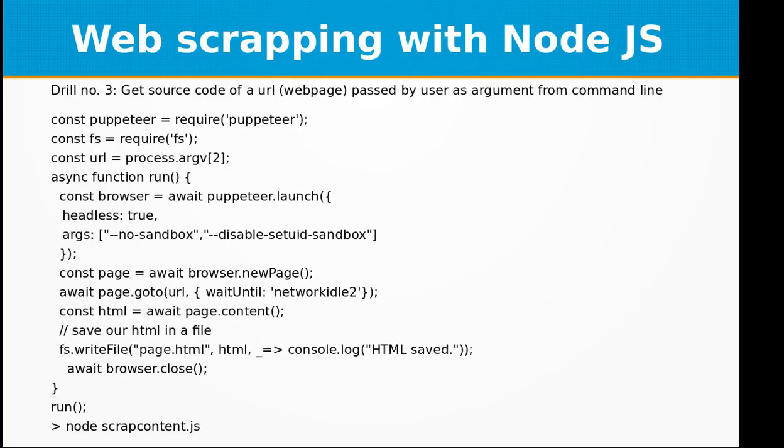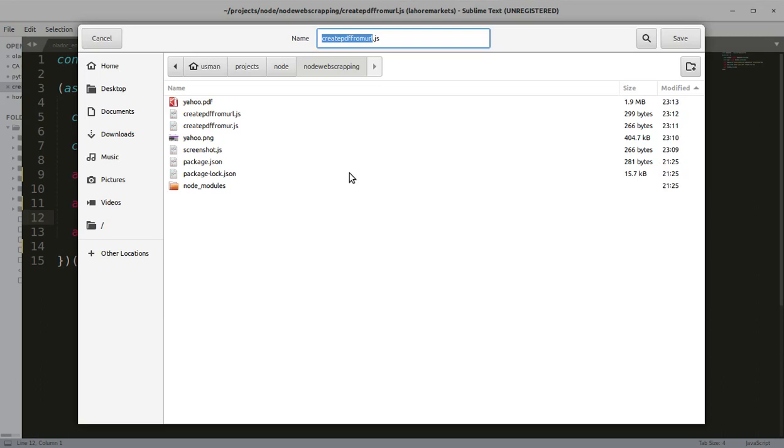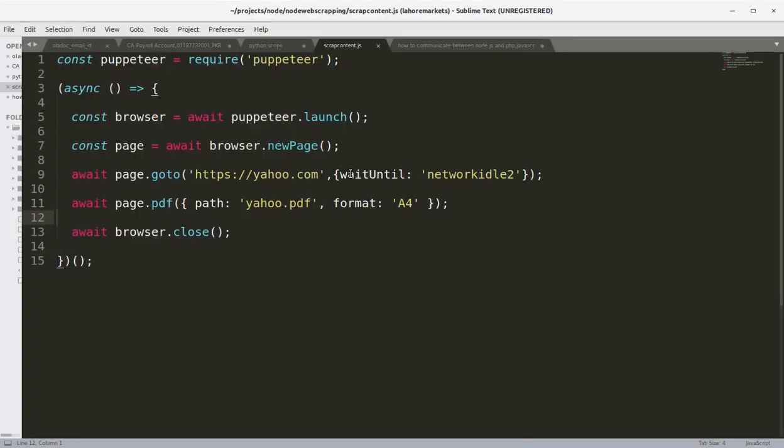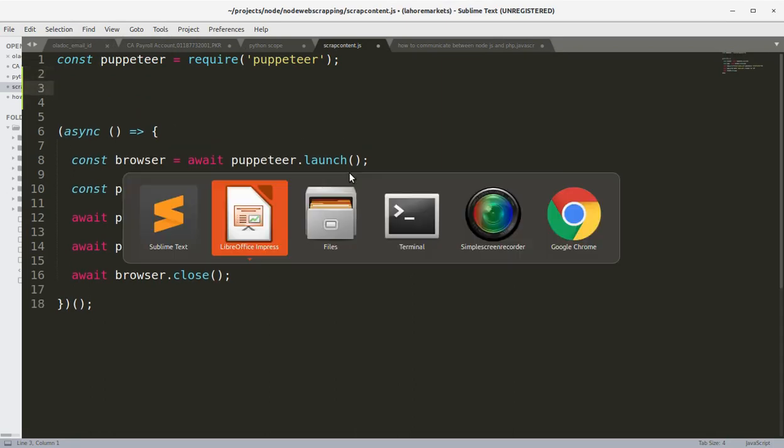Okay, let's move on to drill number 3. In this drill, we are going to get the source code of a URL passed by the user as an argument from the command line. So let's name this file scrapcontent.js. Just save this file again, scrapcontent.js. Okay. So in this file, we are going to grab the argument,